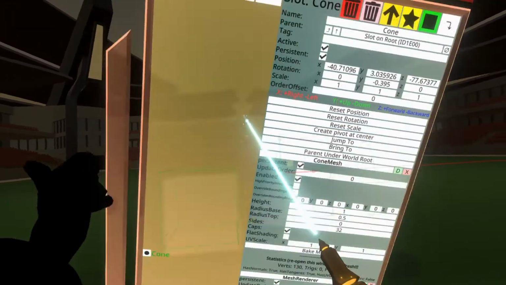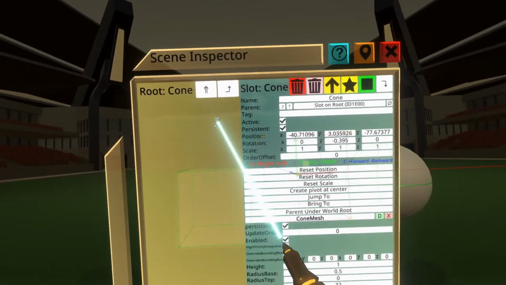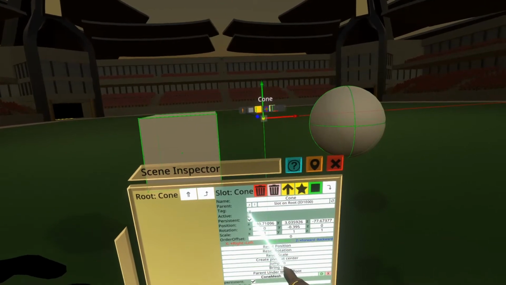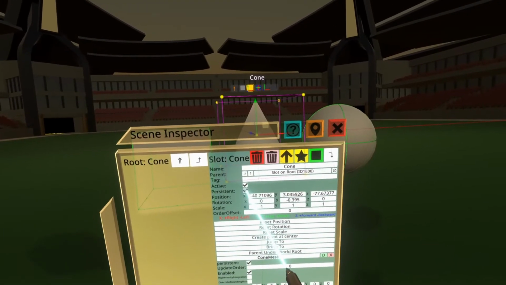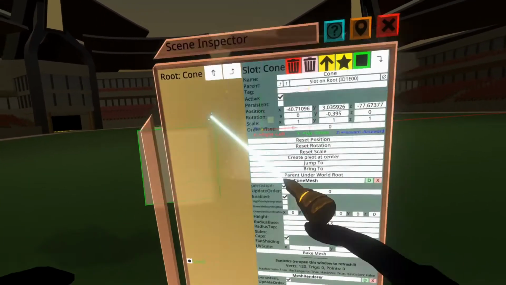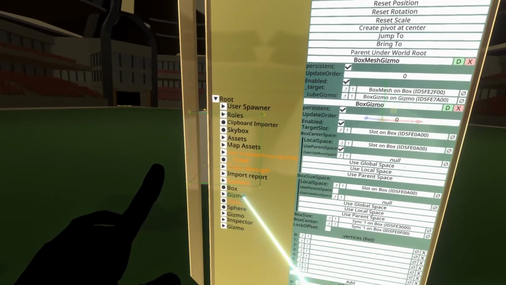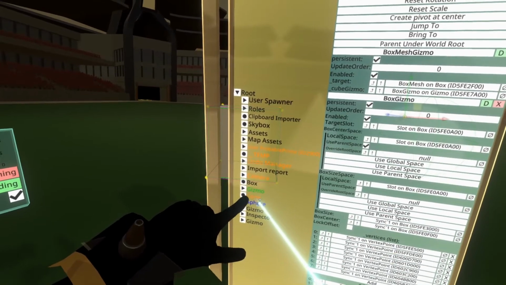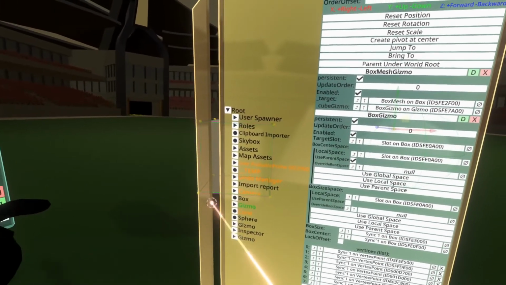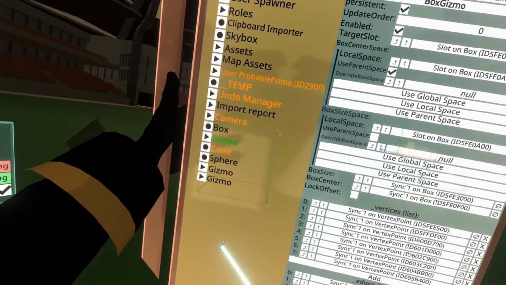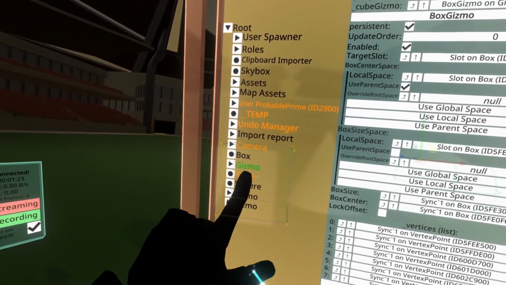open up the inspector, and then we'll see that we're in the slot for the cone, and right at the top here there's active. When I turn active off, you'll see it vanishes. And then there's persistent, and when I turn persistent off, nothing appears to happen, but actually if I go up one, you'll see that the persistent state being turned off has also made the text color orange. So here you can see the cone is orange, the sphere is black, and the gizmo is green because I've